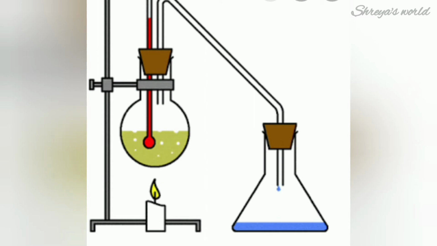The mixture then starts to boil and vapors start to rise in the flask. The vapors are from the volatile component A. The vapors then start moving through the fractionating column into the condenser, where it is cooled down to form a liquid which is collected in the receiver.